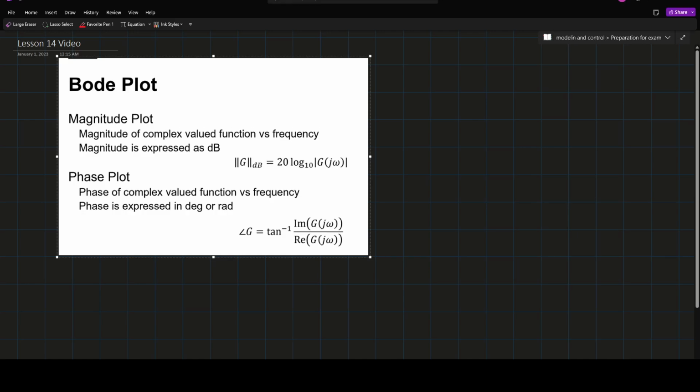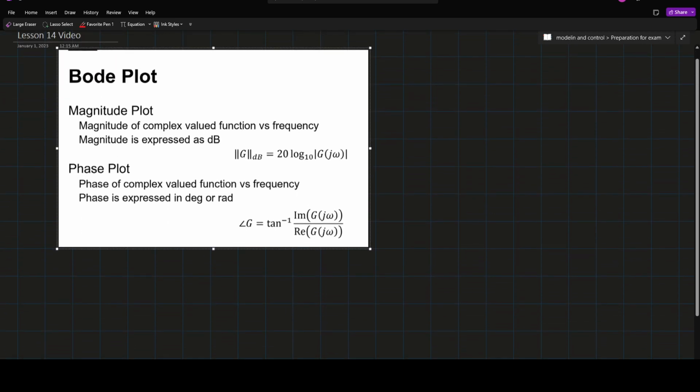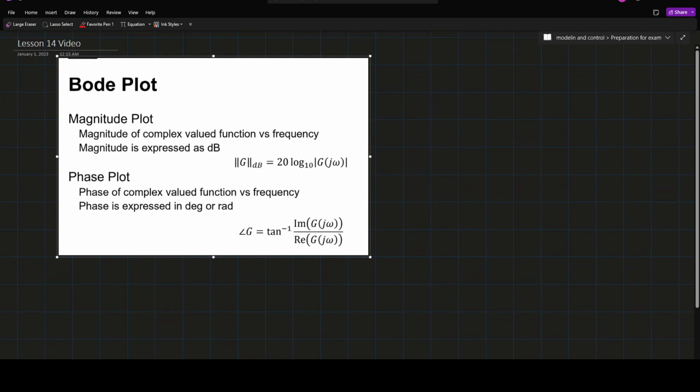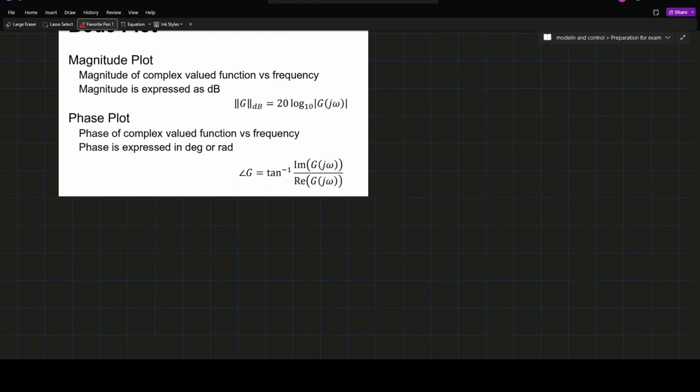Okay, we are going to review both loads and stability margins. So here we have the definition for how we calculate the gain in dBs and the angle when we are given a transfer function. To review this, we are just gonna do cases. The first case is when we have a constant, so when our g of s is just k,